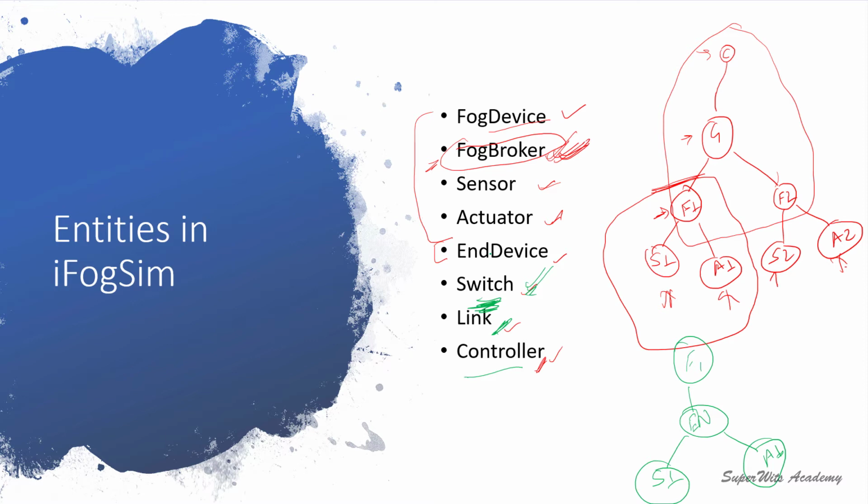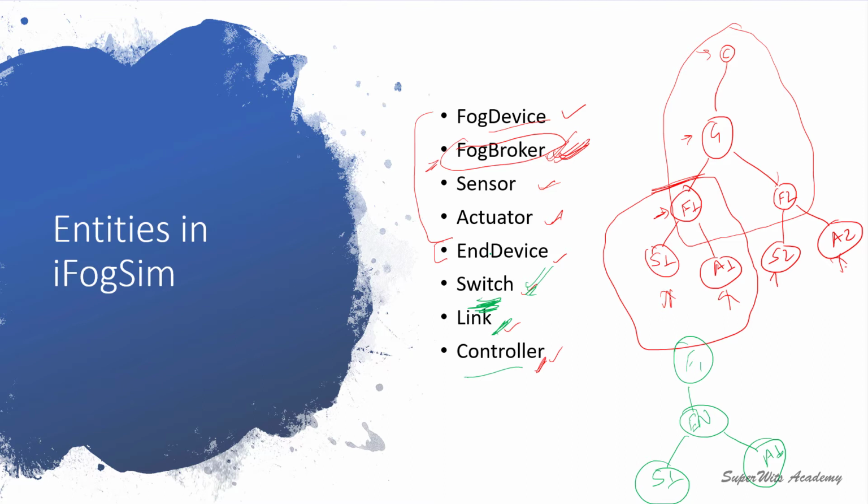So you can go through those tutorials as well if you want more insight into how these messages are being sent. Otherwise there is no compulsion in this. iFogSim is good enough to tackle all of that. So these are the basic 8 entities which are going to be discussed in much more detail in further processes. They are extensively used in a lot of examples and in the simulation part.